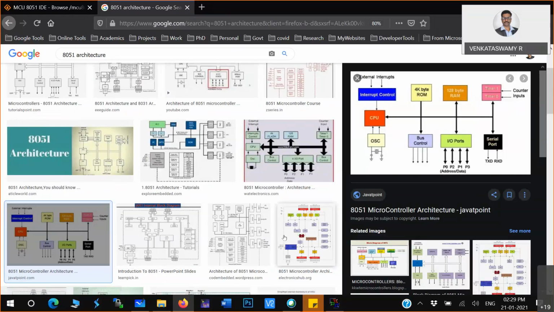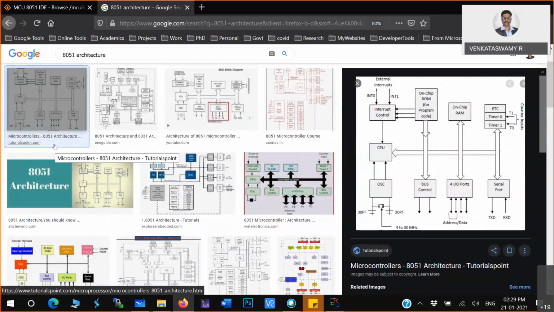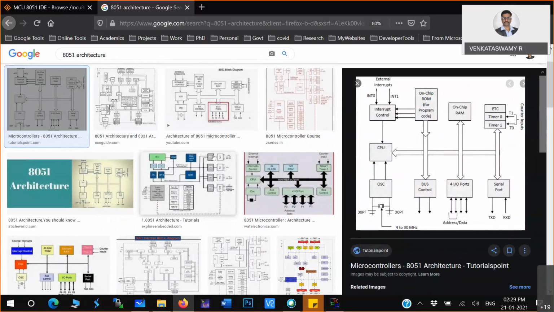Yeah, this is quite okay. This is better. Now this is how you can visualize. So what exactly do you see in this picture?